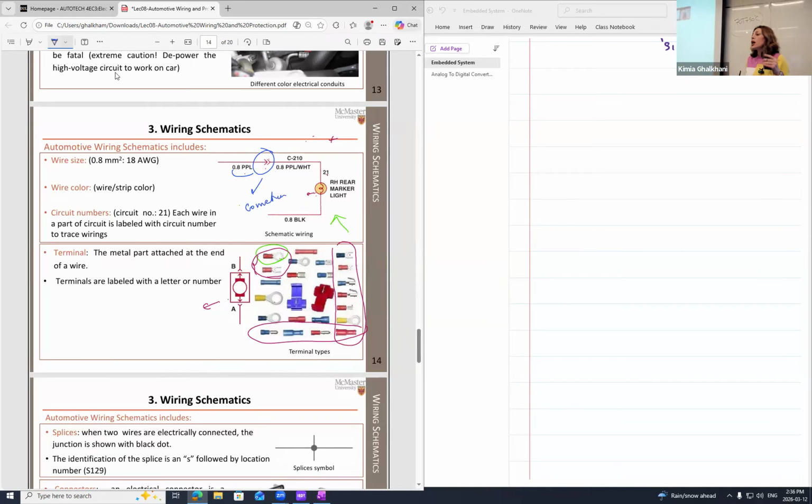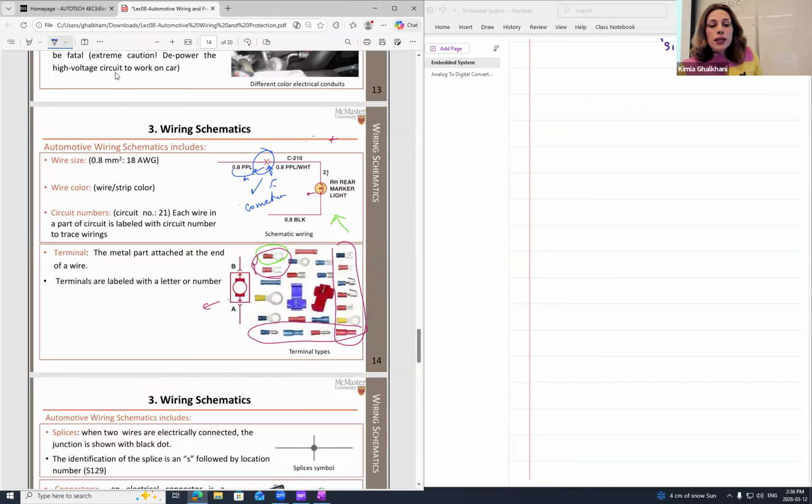What does it mean? For any connector which is going to connect different components, or the wiring from two different components, you have male and female. Therefore, what you can see in here, this side is going to be the female, and this is male, and this is the female. So that's the symbol for the connector on a wiring circuit.